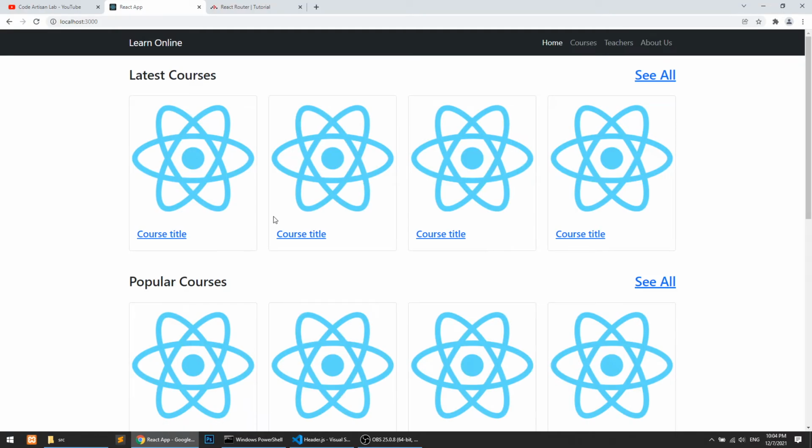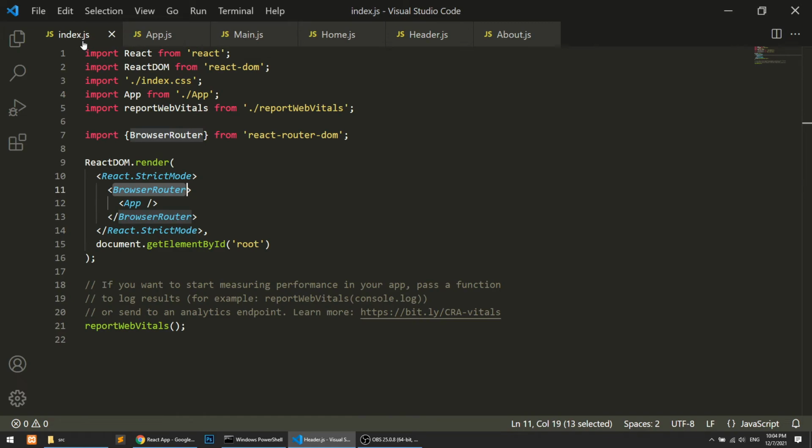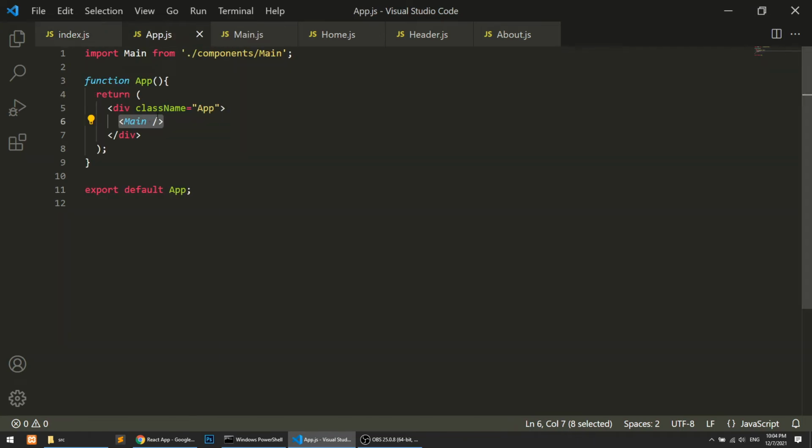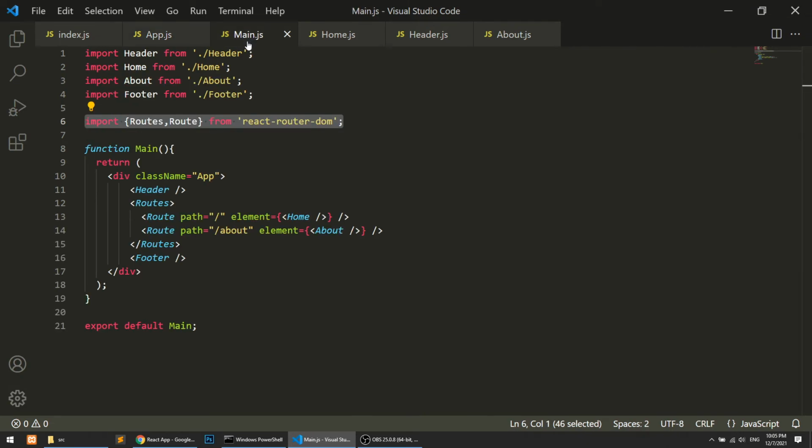Now let's understand the flow. The first thing, we have wrapped the whole app in BrowserRouter. It means now we can work with React Router DOM. So this is a simple thing. Then let's go to the app, and in the app we are loading the main component. In the main component I'm importing Routes and Route.